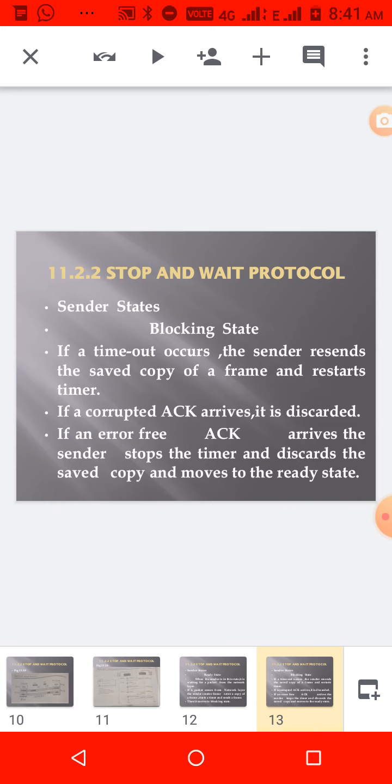So whenever it is going to send the data to the receiver, it starts the timer and waits for an acknowledgement. So that situation is the blocking state. And suppose if a corrupted acknowledgement is received also, it will discard that frame.